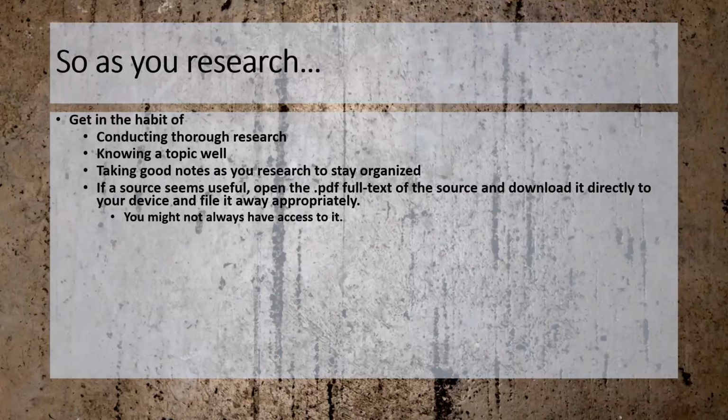Just because you have access to an article today doesn't mean that it won't disappear tomorrow. The library could change its subscription policy. The server could go down. There could be a corruption, or just the URL could change. All sorts of things could happen where you no longer have access to it. Also, don't operate under the assumption that you will always, 24/7, have easy and fast and reliable access to the internet. You don't own anything until you have it downloaded to your device. And so any important sources you are going to use should be downloaded to your device, so you could compose in the middle of nowhere with no Wi-Fi access if necessary.